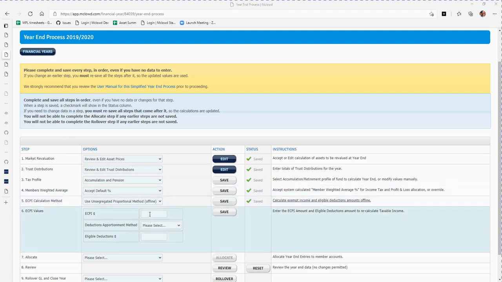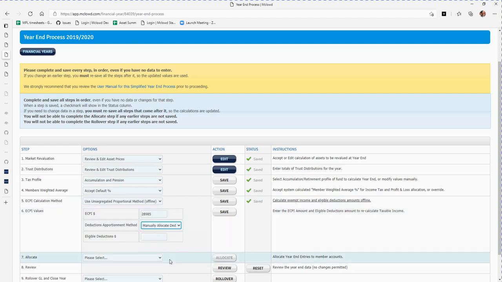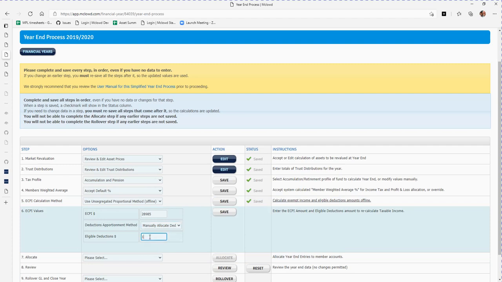So the figures we're going to put in here, I've already pre-calculated, but it's effectively a percentage of the income that relates to the pensioner member, which in this case is 28,985. Obviously things like concessional contributions for the other member aren't included in the calculation, but you just work out what that is. You need to work that out offline. And the eligible deductions is what's deductible for effectively the fund itself. So in this case it's $17.99. You click on save here,